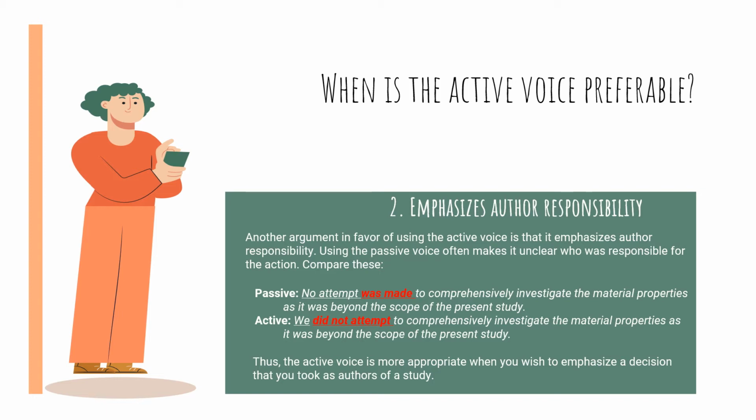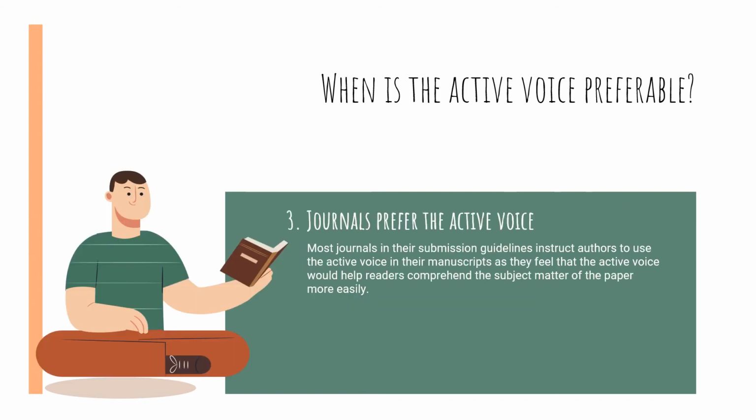In active form, the sentence will be: we did not attempt to comprehensively investigate the material properties as it was beyond the scope of the present study. Thus, the active voice is more appropriate when you wish to emphasize a decision that you took as authors of a study. The last one, when